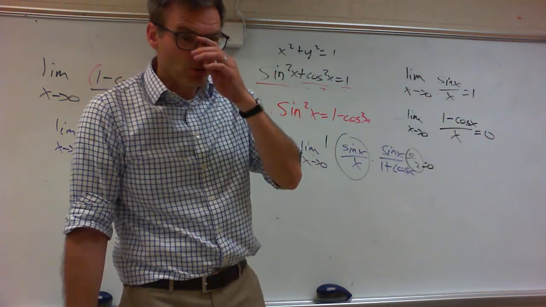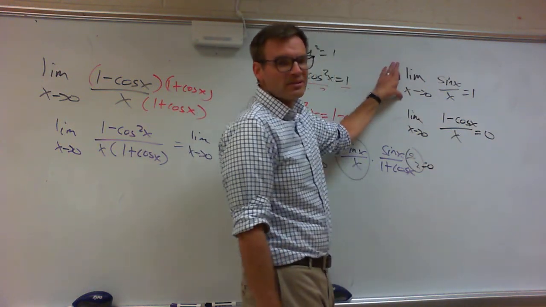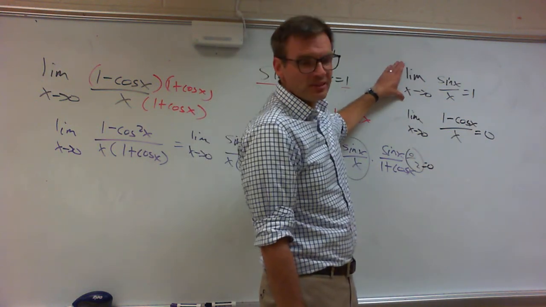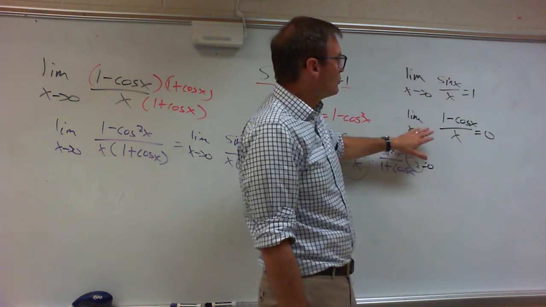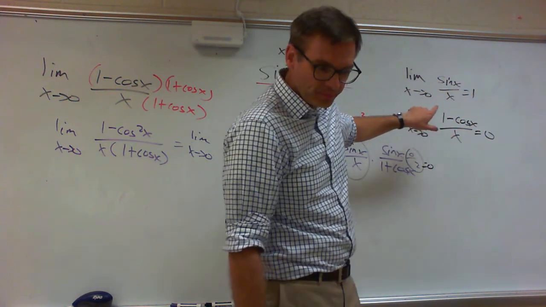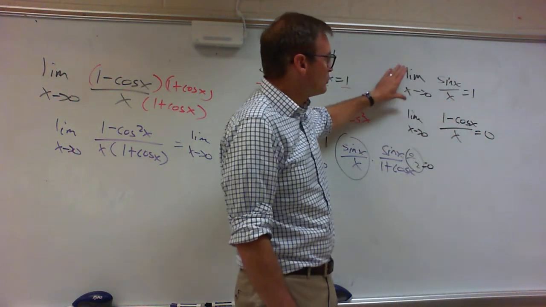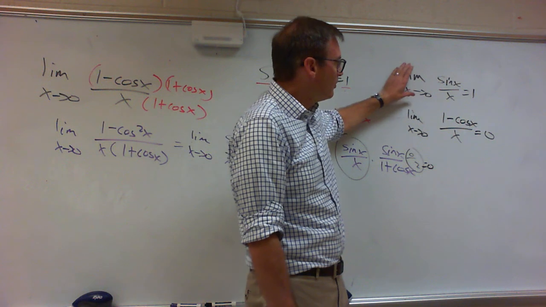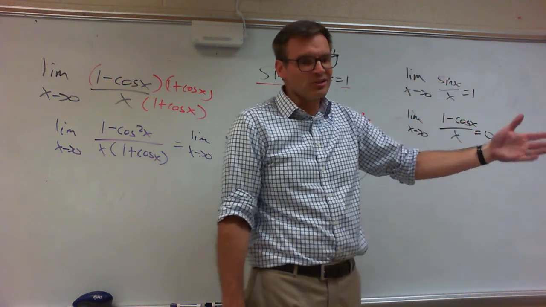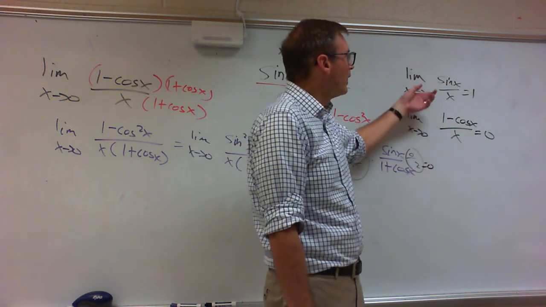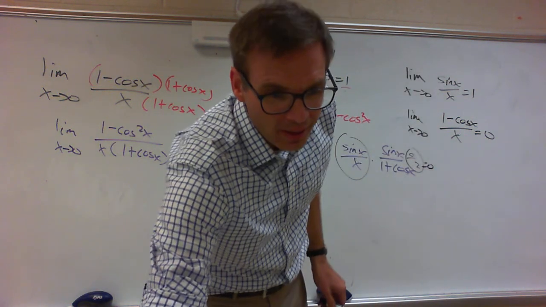If you look in your textbook, I think at the beginning of the section somewhere they'll have one of these in a gray box, and then somewhere later they'll have the other in a gray box. So if you ever see these two things, honestly, pretty much anytime you see the cosine, you're going to get 0, so a lot of stuff cancels out anyway. And if you see sine x over x, you get 1. And what I'm really hoping